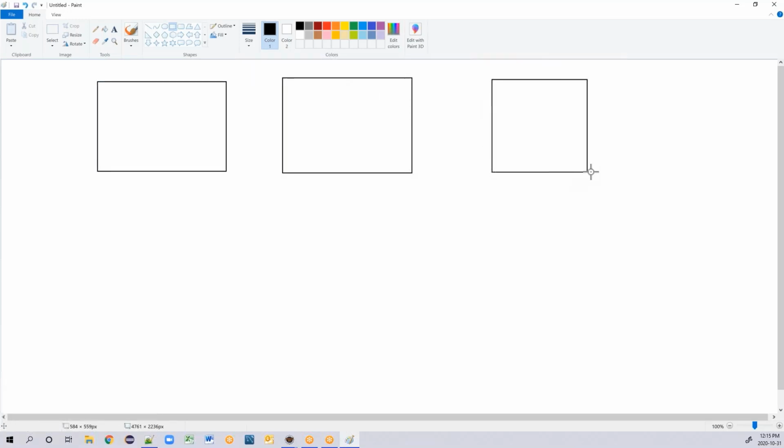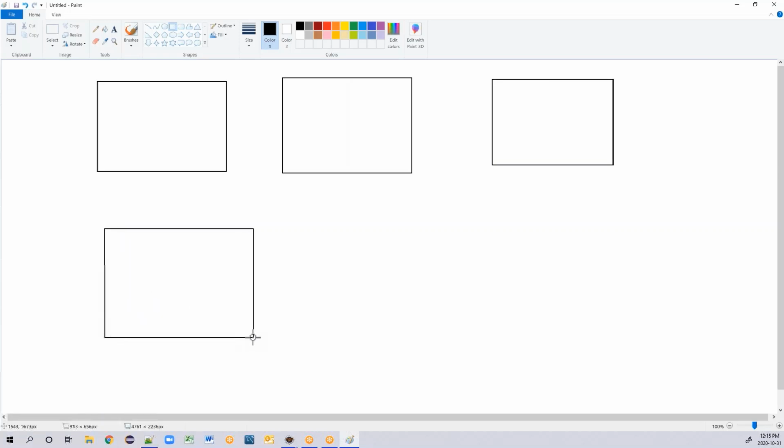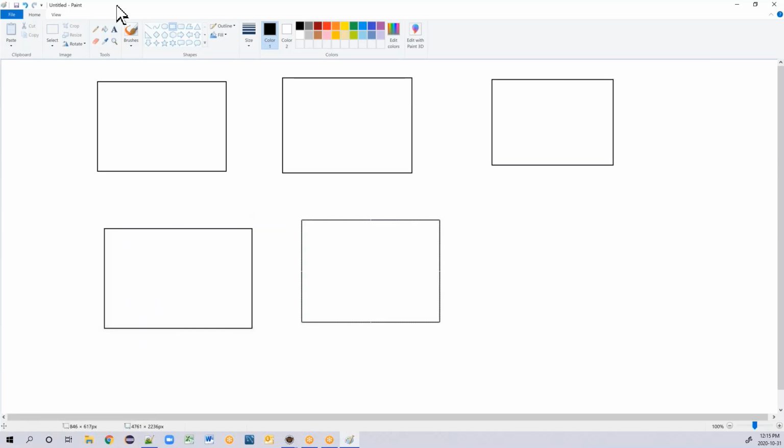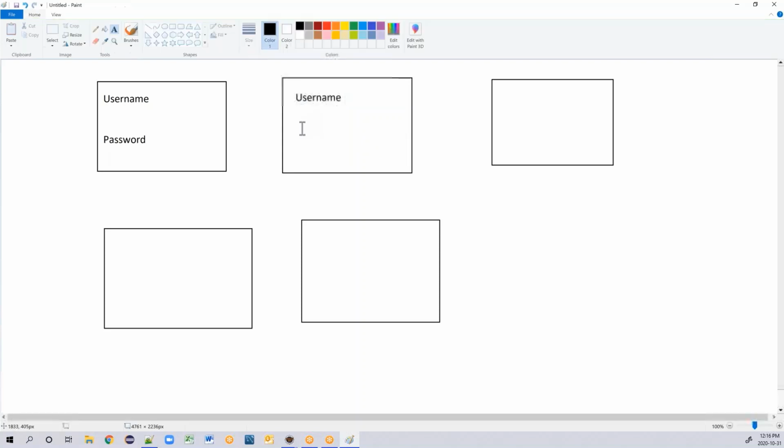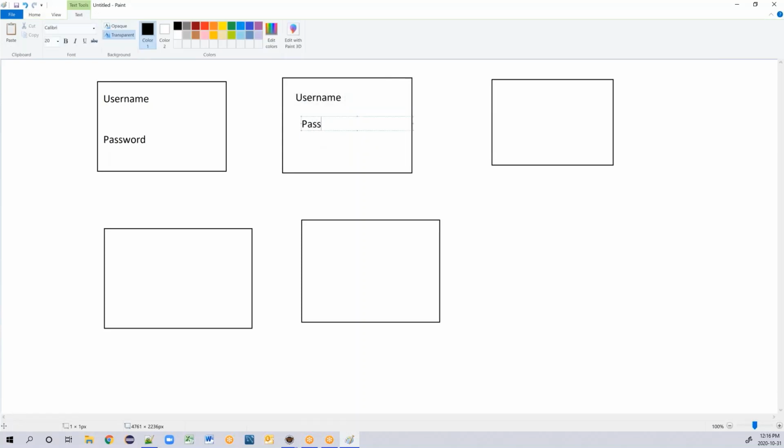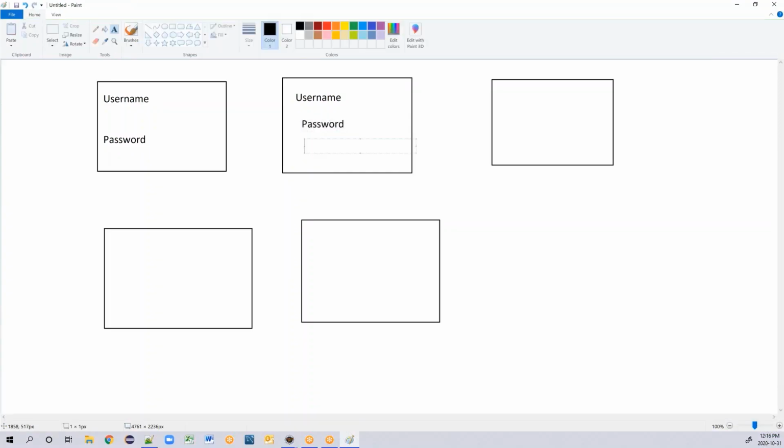So consider that in my application, there is a different possibility of logging in. So I have almost 4 different ways of logging in into the application. So somebody can log in with only username, and they can log in with password. Okay, username and password. And they can also log in with confirm password.